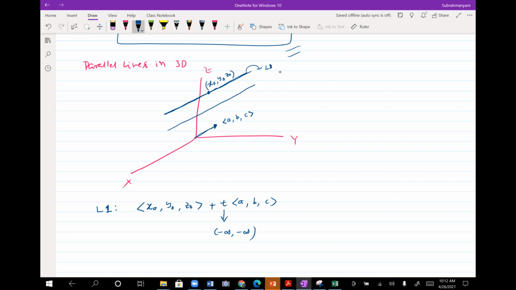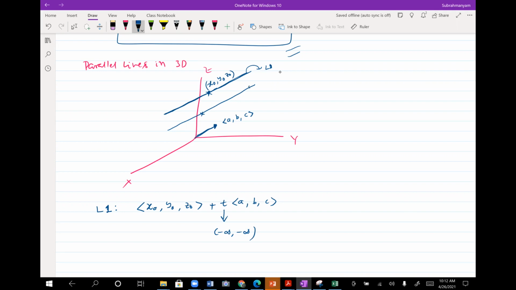Is this representation clear, or any questions here? Because this is the key ingredient for all further analysis. Is this clear? How I represented a line in 3D? This is something like the slope, okay? And now this direction would tell me in which direction from this point I have to move. That's all. Suppose if you want, I would show it for another point, if that is going to help you.